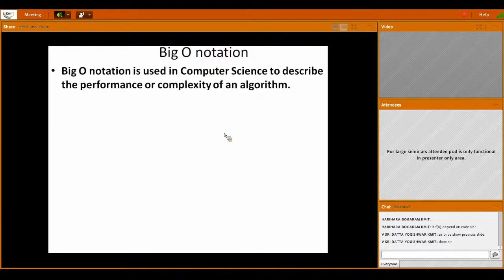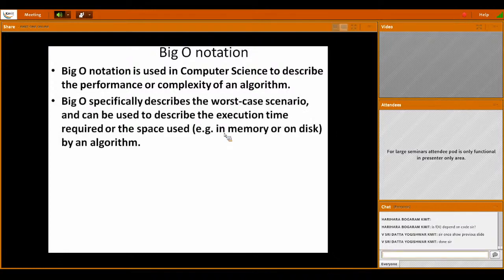Big O notation is used in computer science to describe the performance or complexity of an algorithm. Big O specifically describes the worst case scenario, right? What was the worst case scenario? Out of the three terms, 5, 6x^4, and minus 2x cube, ignore 5, ignore x cube, next x to the power of 4. So the worst case, the higher the value of x, the most significant term that will determine the growth is x^4.